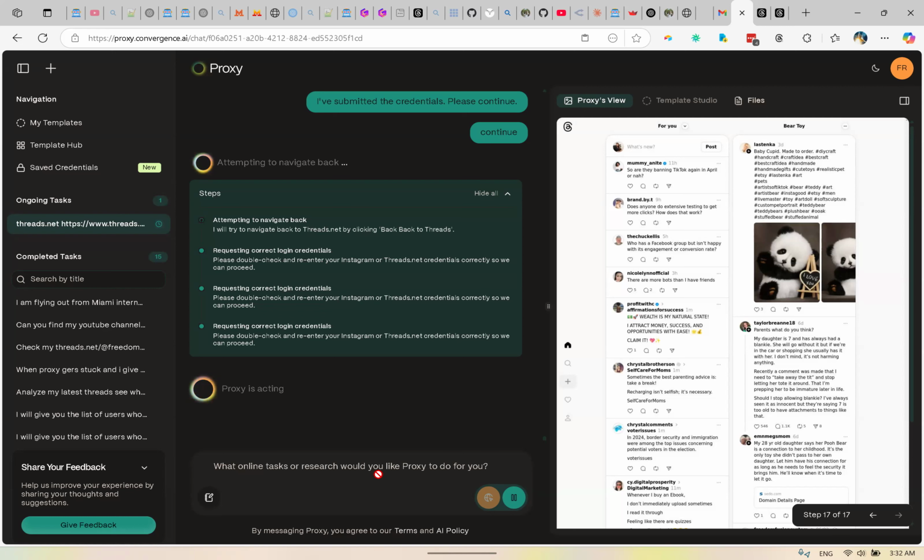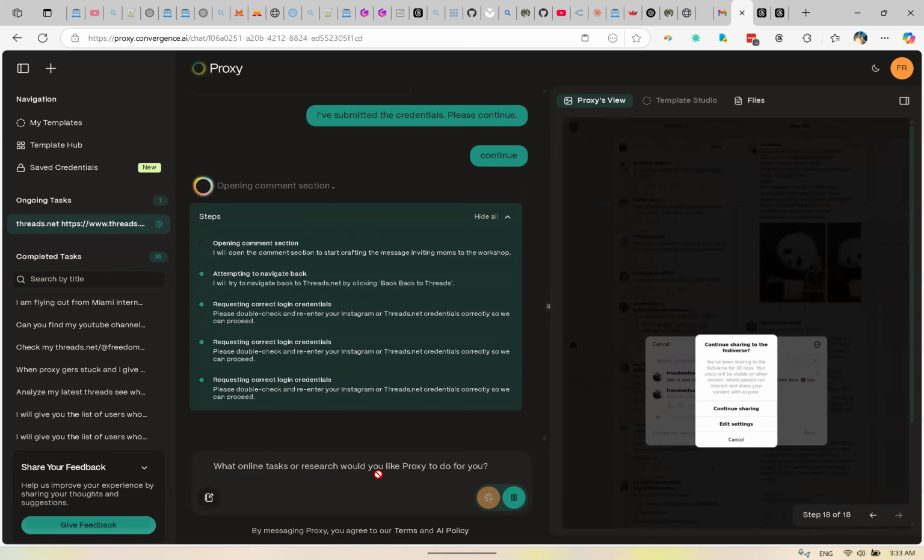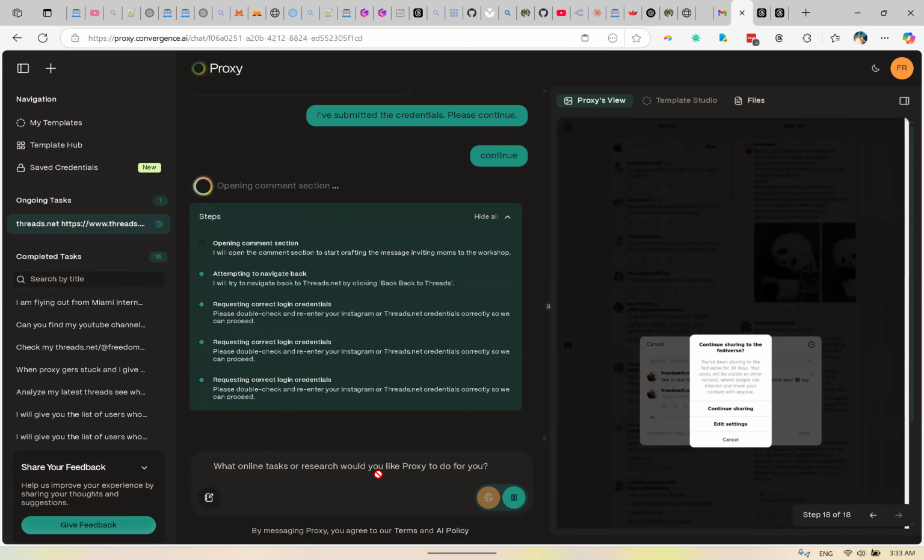So, using the browser use library, right now this is called Convergence. You could get a couple of automations free of charge and have those automations up and running. If you like what Convergence does, right now Convergence can go ahead and